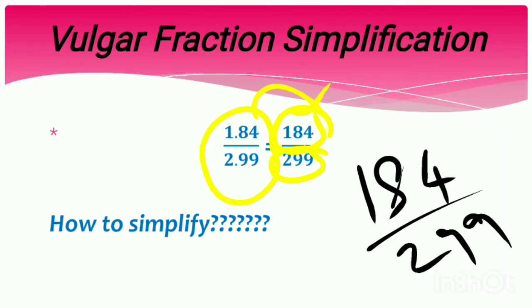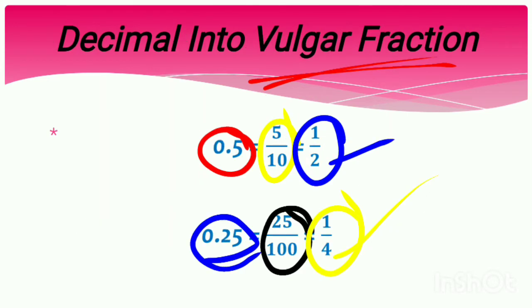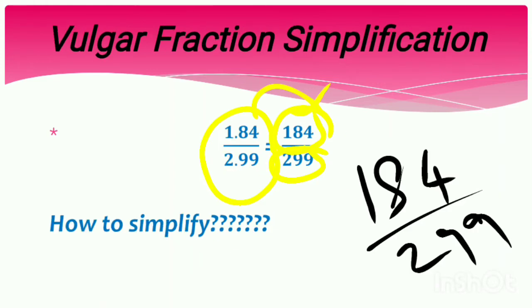How to simplify these two bigger numbers? Earlier we have seen 25 by 100. Here we have simplified very easily that 25 by 100 as 1 by 4, because we know 5th table and 25th table also. So this simplification process is very simple. Whereas here it is little bigger number, 184 and 299. How to simplify this? Good. We are going to use one property of